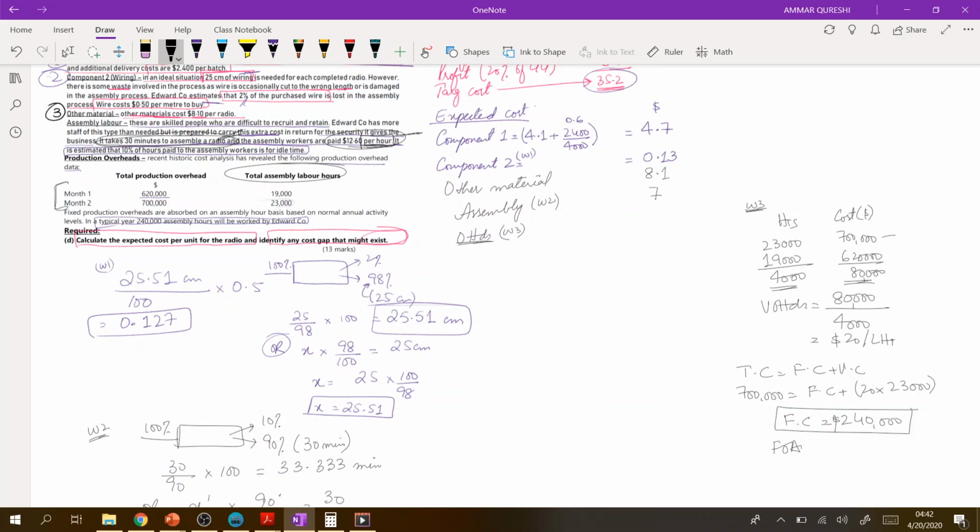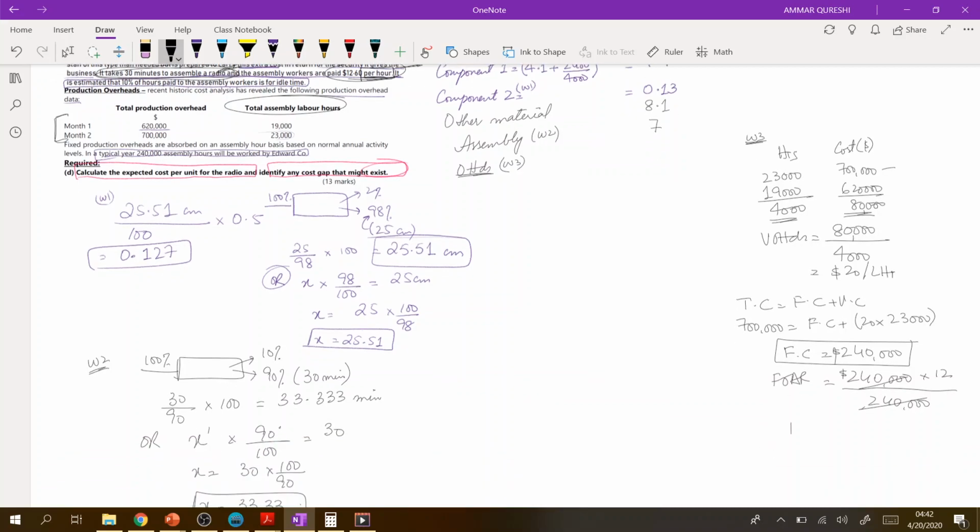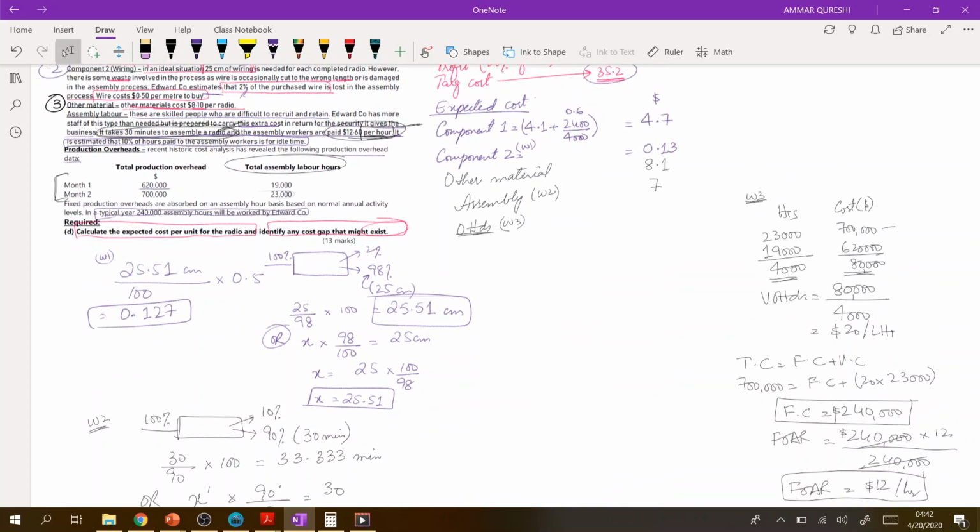So the fixed overhead absorption rate will be equal to what? 240,000 multiplied by 12 months divided by 240,000 hours, right? So the answer is 12. So the fixed overhead absorption rate in this case will be 12 per hour, right? So variable overheads will be what? Variable overheads will be 20 per labor hour